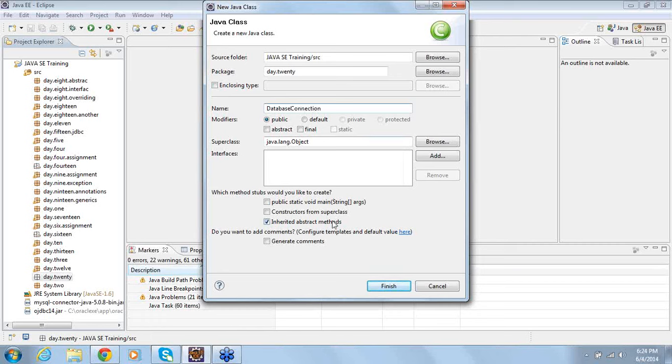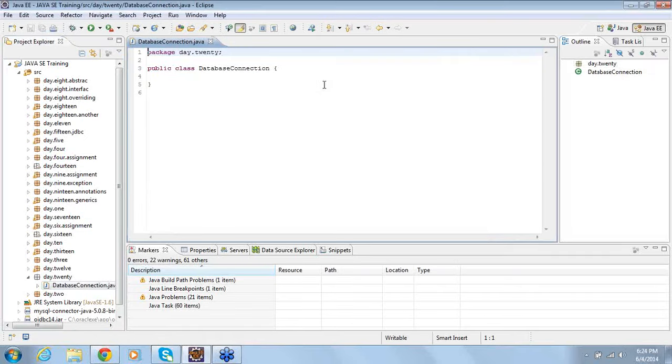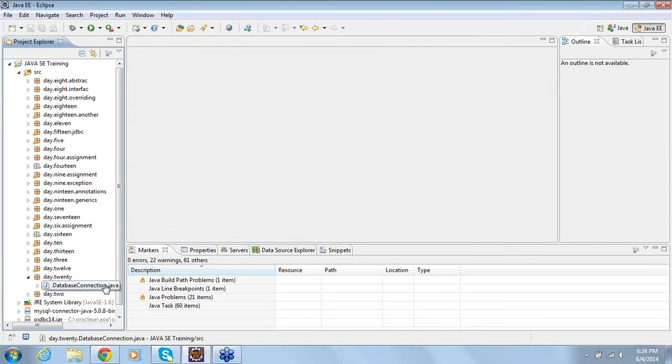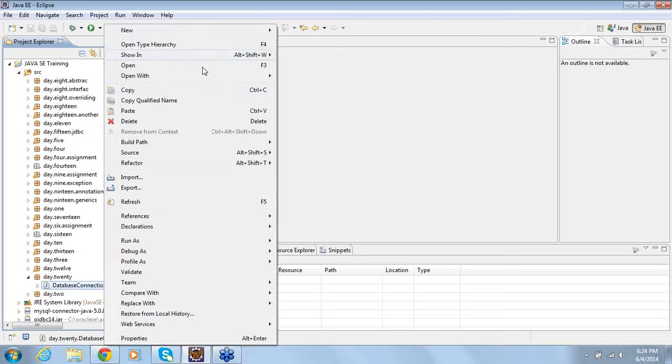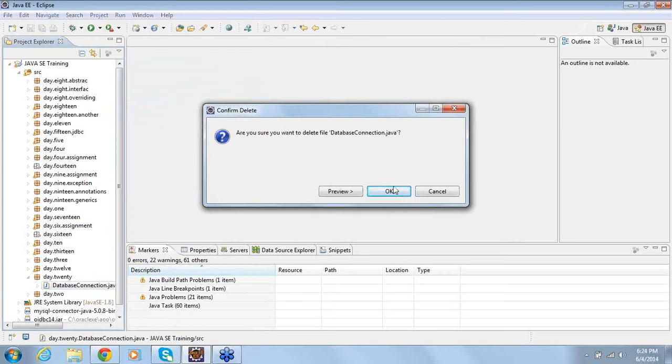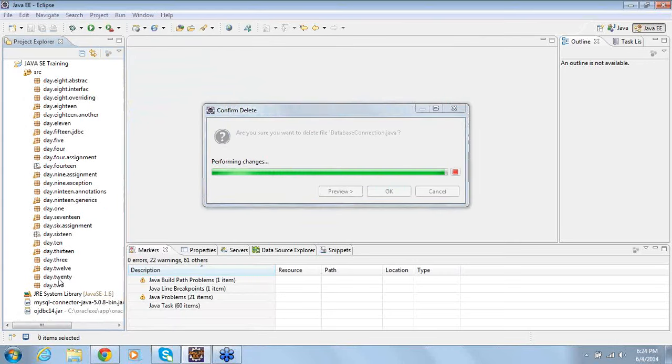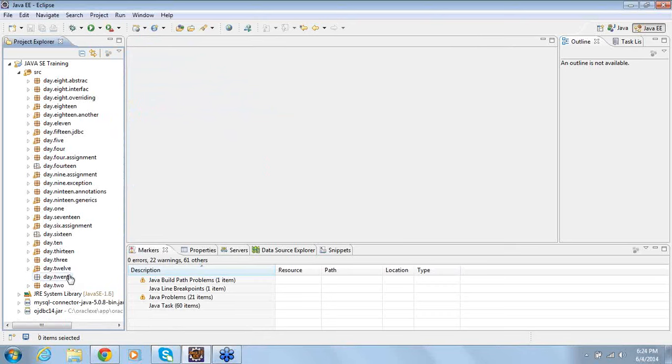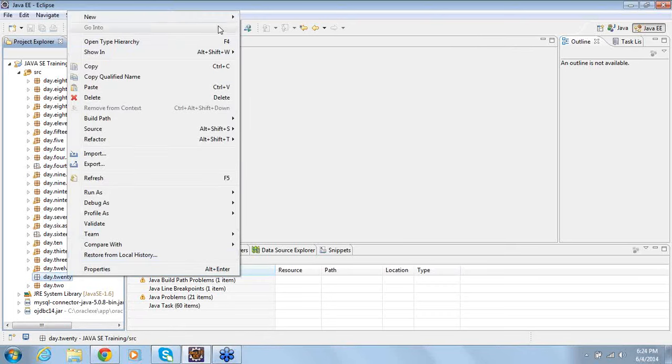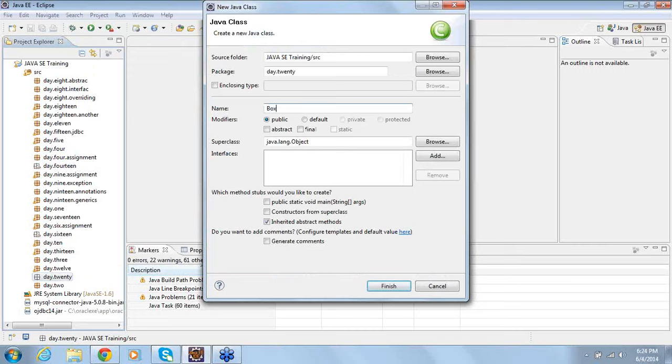Let me create a class as a box. Normally I don't go with a database connection, so let me use a box.